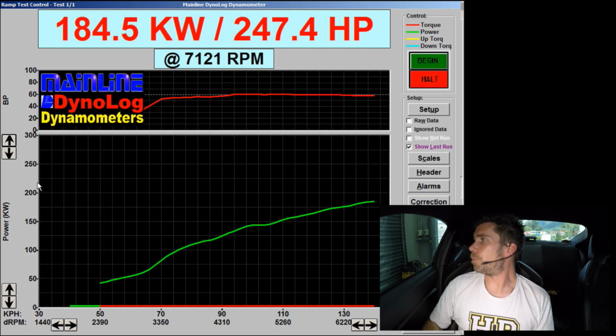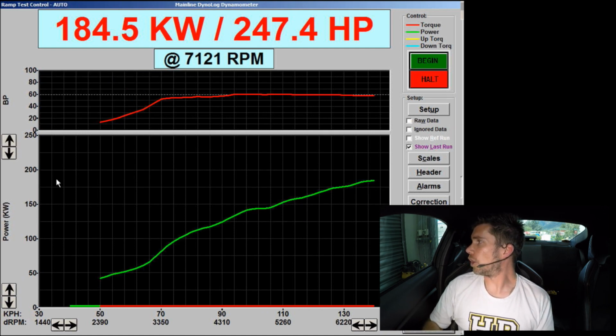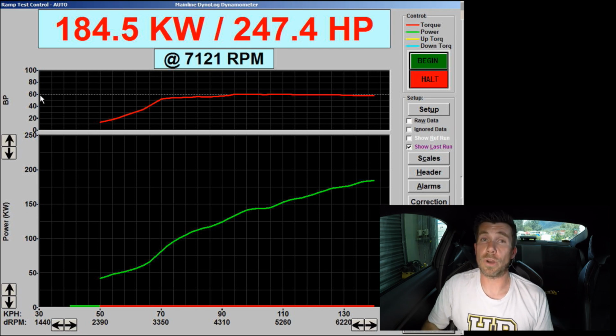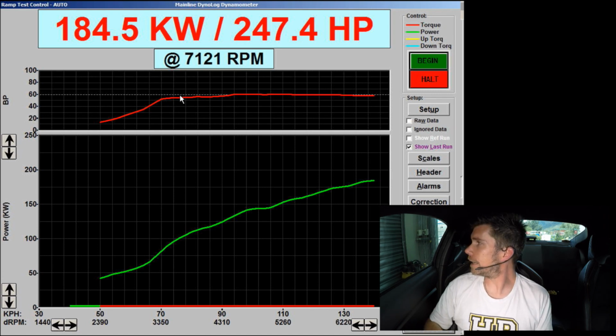And what we've got on the bottom, we've got our green line here, which shows our power in kilowatts. We're not really that interested in that. What we are interested in is our top line. The red line is showing our boost pressure. So this is gauge pressure. You can see that I've put a little white line through here at 60 kPa, which remember is our target. So we can see that initially our boost pressure between about 3,200 and about 4,200, 4,300 RPM